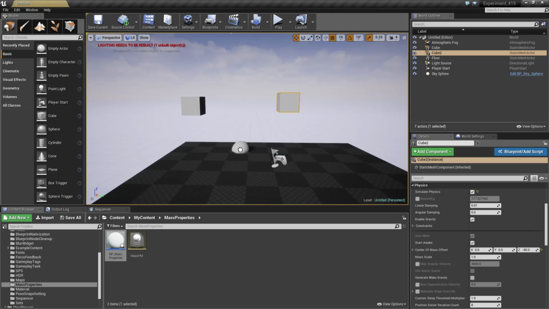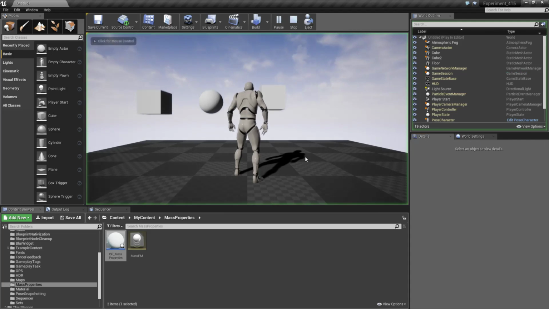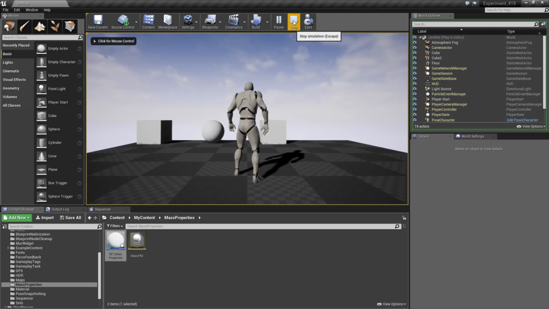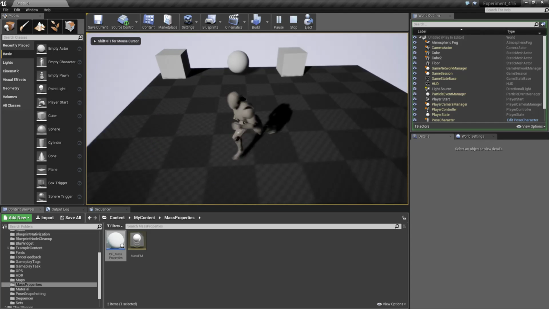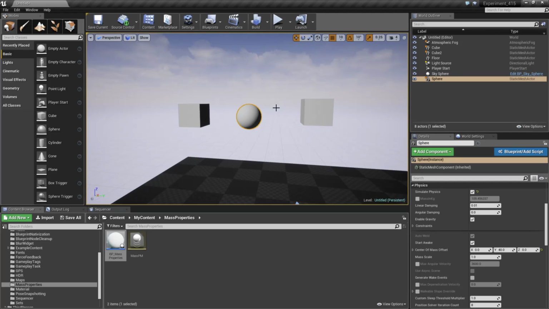If I was to, for example, grab a sphere, let's move it down here. Let's move its offset by 40 on the Y. Turn physics on and simulate it again. Well, you're going to notice our ball seems like it's acting really weird. Why is that? Well, we have our center of mass offset, but we have no real way of knowing where